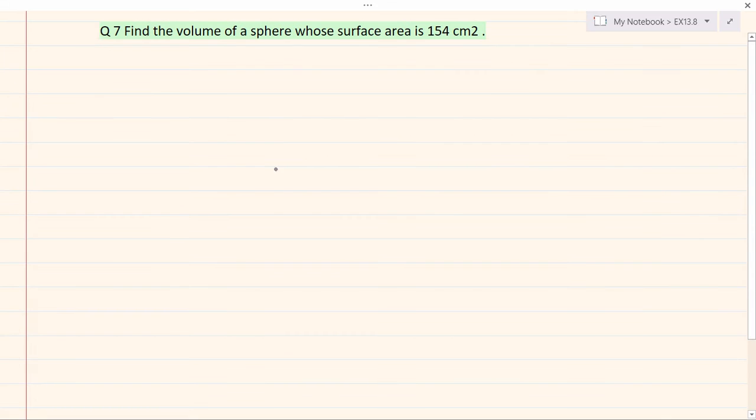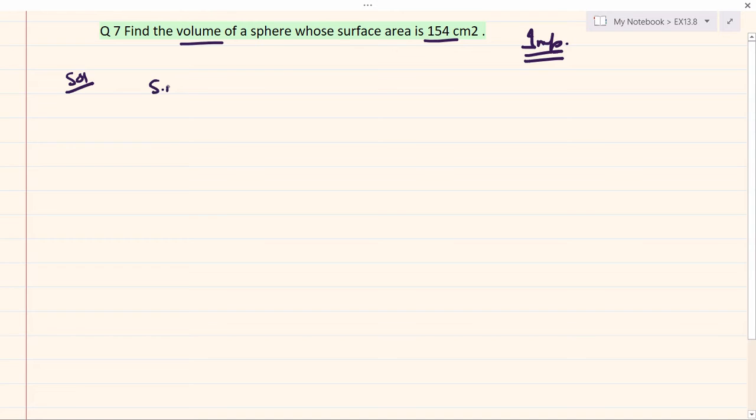Yourself, right? Now let us move to question number 7. This is a very important question, because here you can see we are not directly finding the volume or anything else. Here we are finding something else. In this question, find the volume of a sphere whose surface area is given. It means I have to find the volume, but r is not given here. The surface area is given, but for finding the volume of a sphere we require the radius, that is r. So by using this surface area, first of all I will calculate the radius, right?